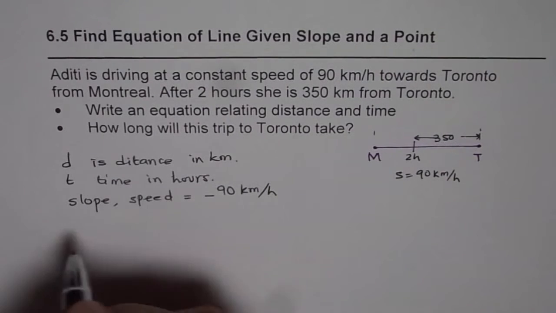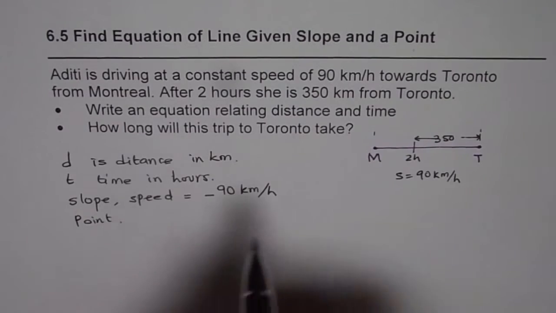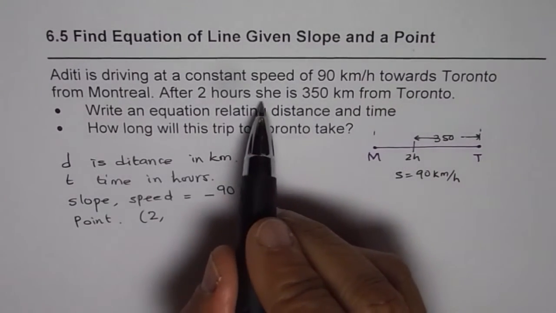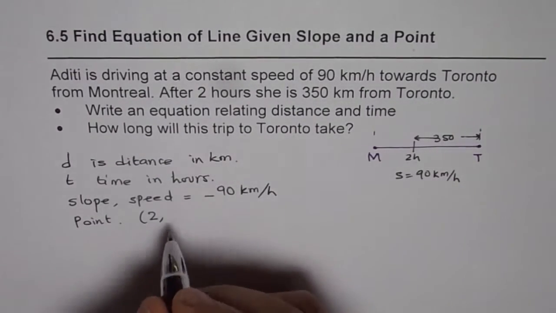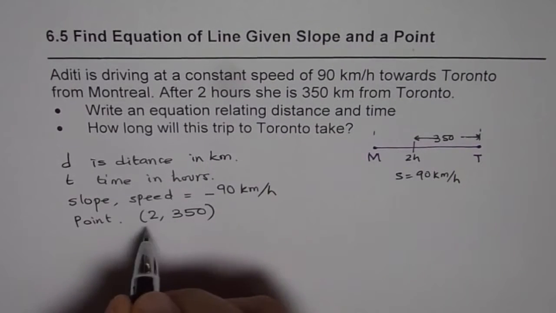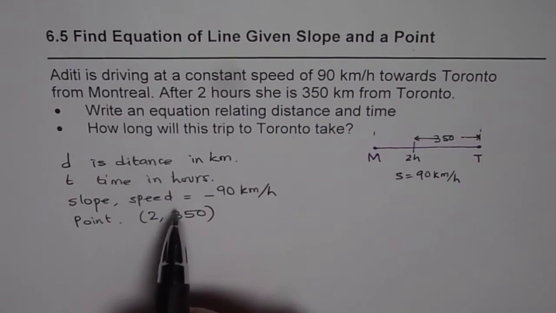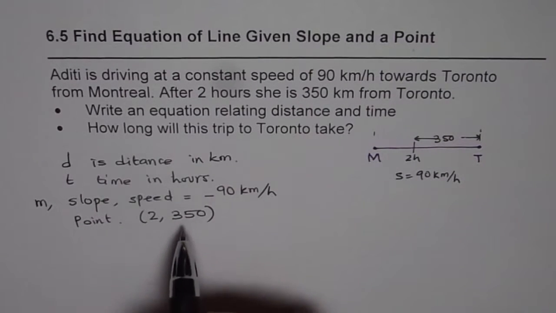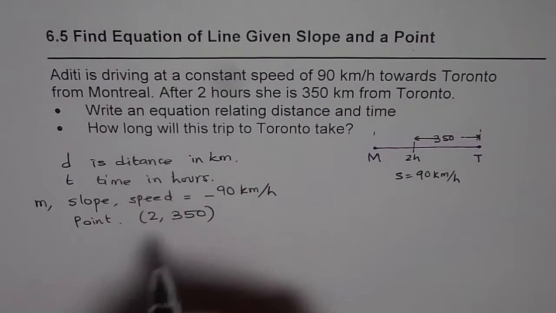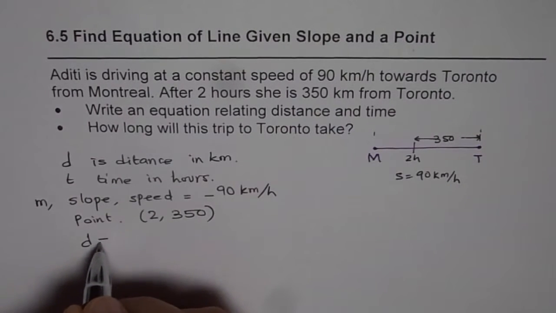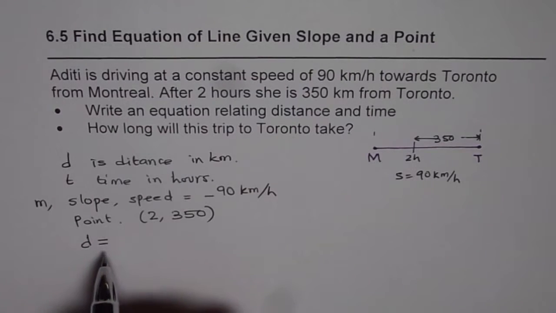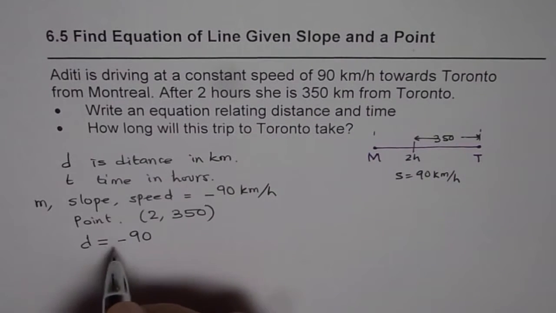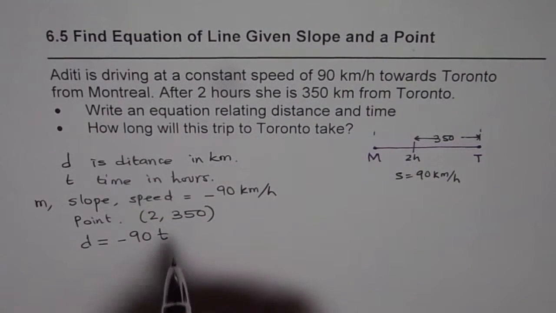And we are also given a point in this case. After 2 hours, when t is 2, she is 350 kilometers from Toronto. Distance is 350. That is the point given to us. Now using this point and the speed, which is the slope for us, slope m, we can find the equation. We can write the equation as distance at any instant of time equals the speed, 90 kilometers per hour but negative since we are approaching, so minus 90t, that's the slope,